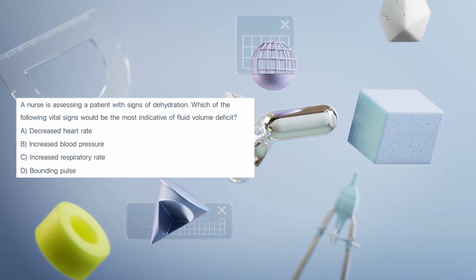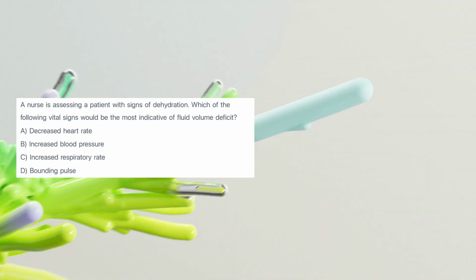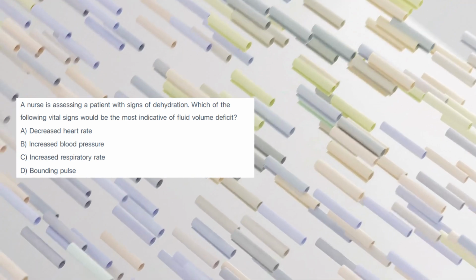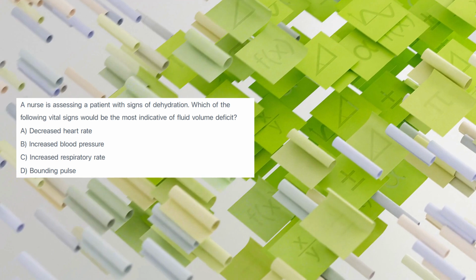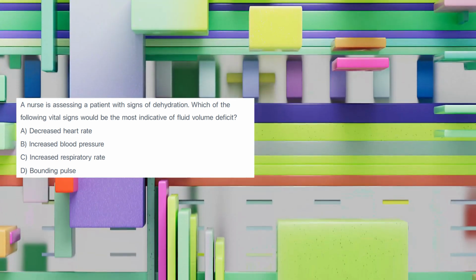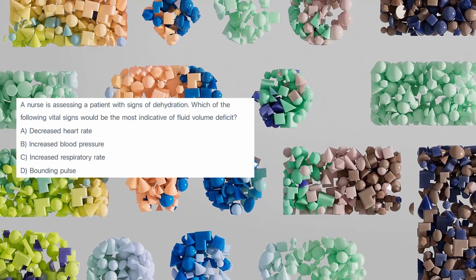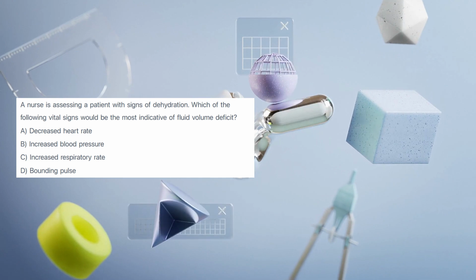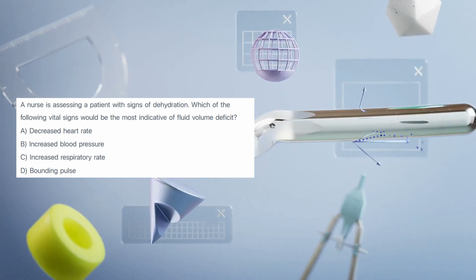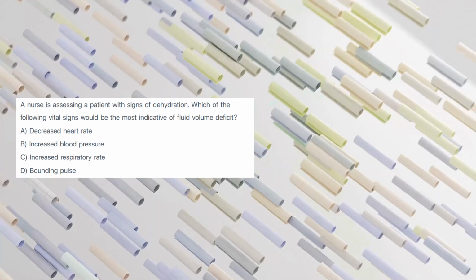Explanation: in dehydration, the body attempts to compensate for reduced blood volume and potentially decreased oxygen transport. This often leads to an increased heart rate, tachycardia, and an increased respiratory rate, tachypnea, as the body tries to maintain oxygenation and circulation. Blood pressure typically decreases in dehydration, not hypertension, and the pulse would be weak and thready, not